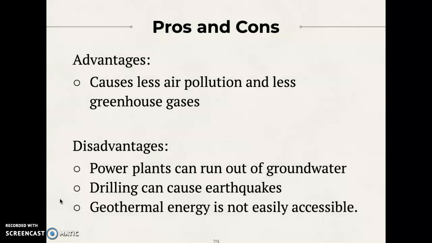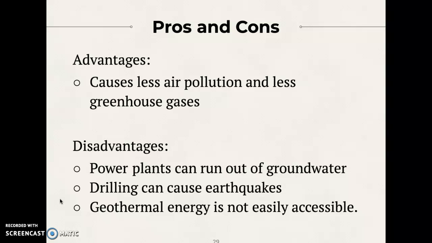Advantages of this, causes less air pollution and less greenhouse gases. Disadvantages, power plants can run out of groundwater. Drilling can cause earthquakes. So sometimes when you can't access that geothermal energy right there at the surface and you have to drill deep for it, that's when you start to get earthquakes. And geothermal energy is not easily accessible, right? In most areas in the country, you're not going to be able to find this very easily. There's only certain places around the country where it's easy to find these things, and it's more out west where